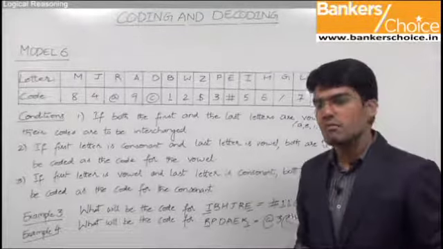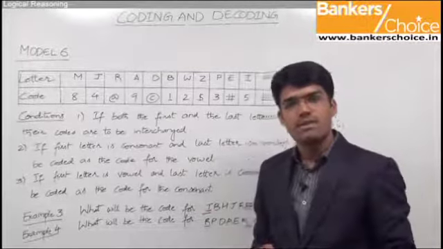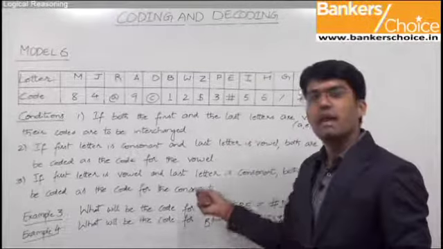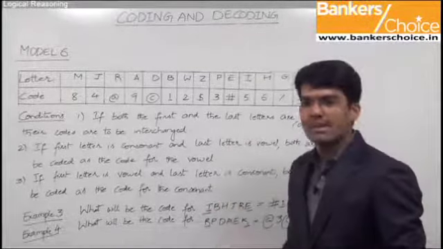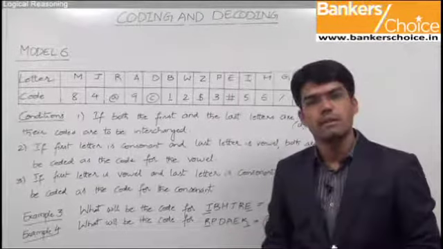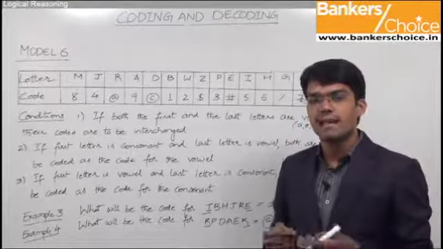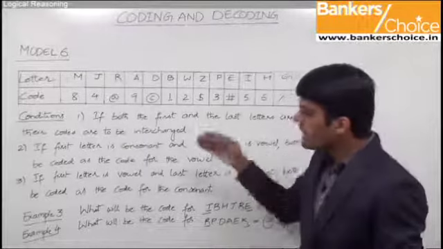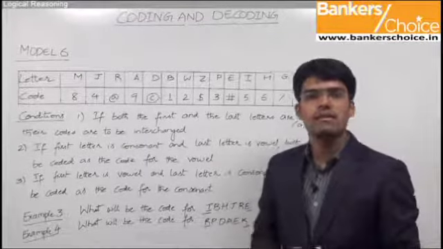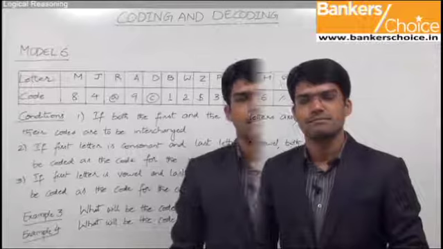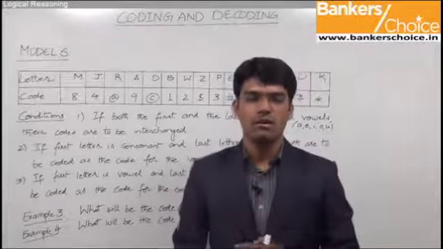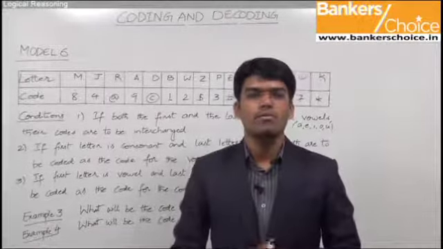So friends, remember that for these types of questions, always follow the conditions and then do the coding for the given word as per the codes given in the table. And if there is any word which doesn't come under any of the conditions, the coding can be done directly from the table. So friends, these are the various models which you can expect from the topic of coding and